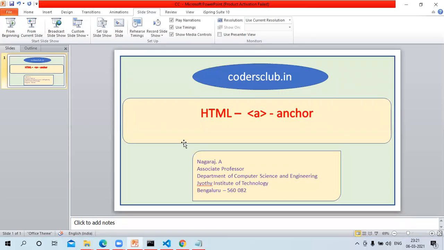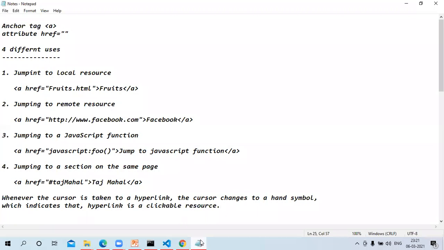In this video, we will look into a tag called anchor, which is denoted by A. So we are studying about an anchor tag, which is denoted by A, and it has an attribute called href. We will discuss four different uses of this anchor tag.